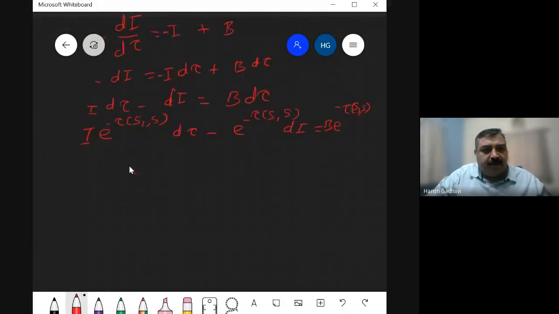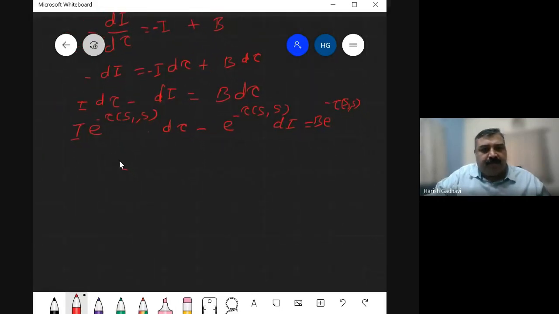So now what I have done is that I multiply by e power minus tau. If you look at this term,